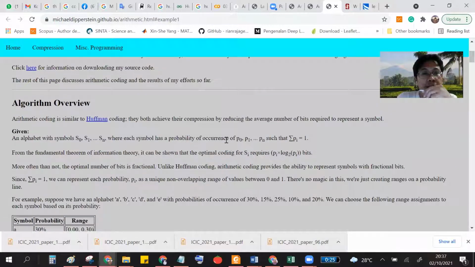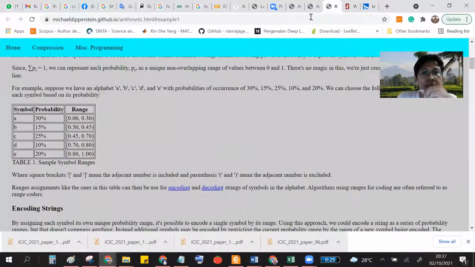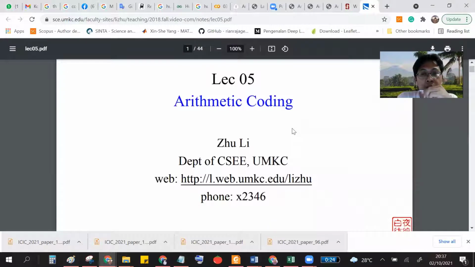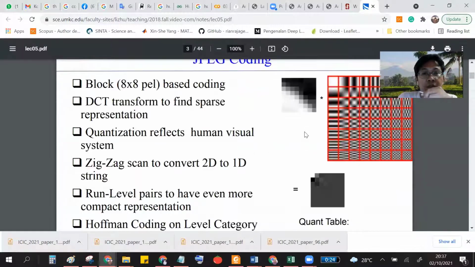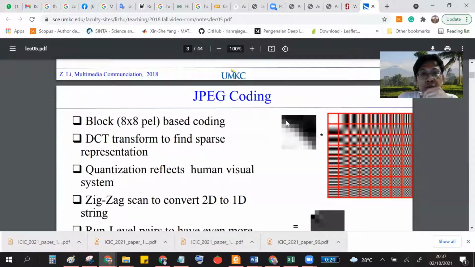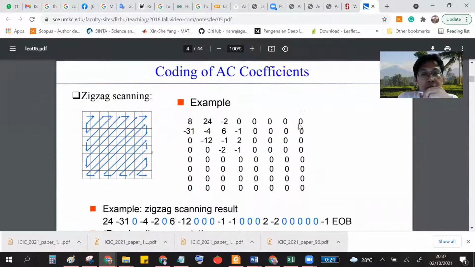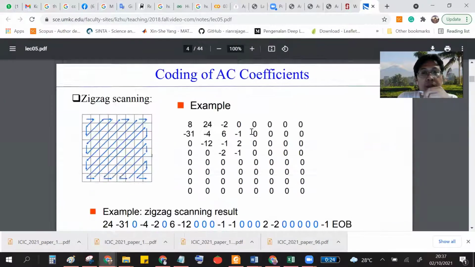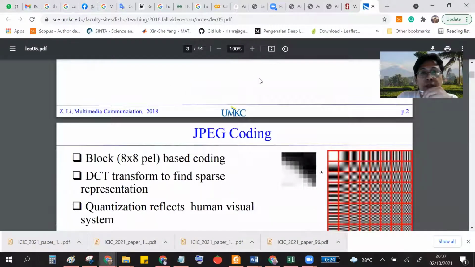The main idea you can see in this lecture from UMKC, from Julie. It uses sample coding, a zigzag and so on. You can read this, but I will go directly to the calculation.